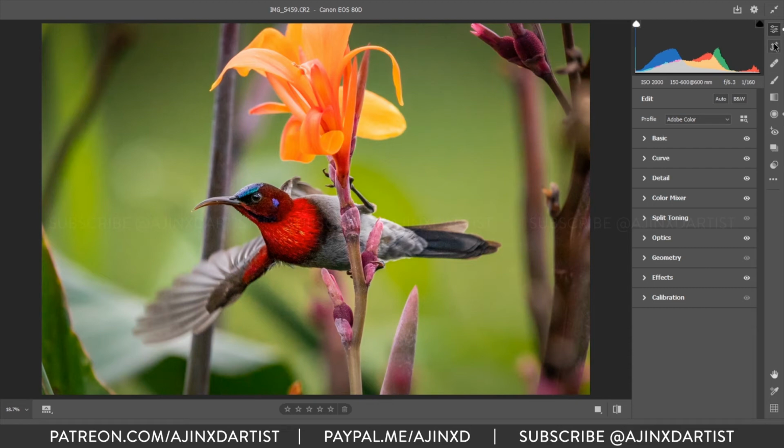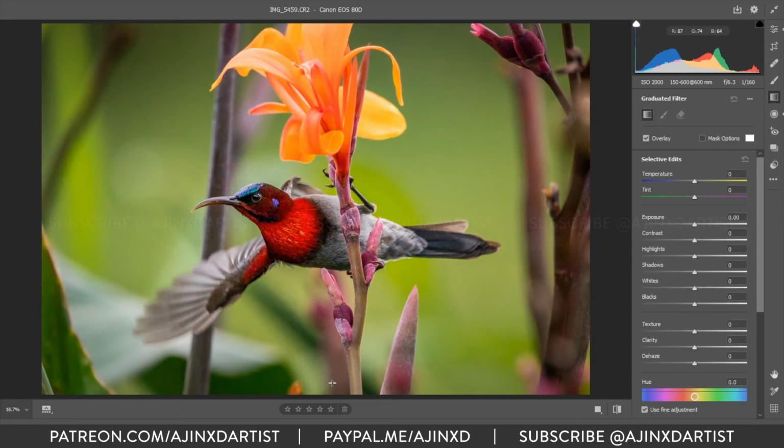Another tip here is, if you hover over any tool, you get to see the name of the tool and the shortcut. So this is another filter called graduated filter. It's the same way as the radial filter, but it's in a graduated way.